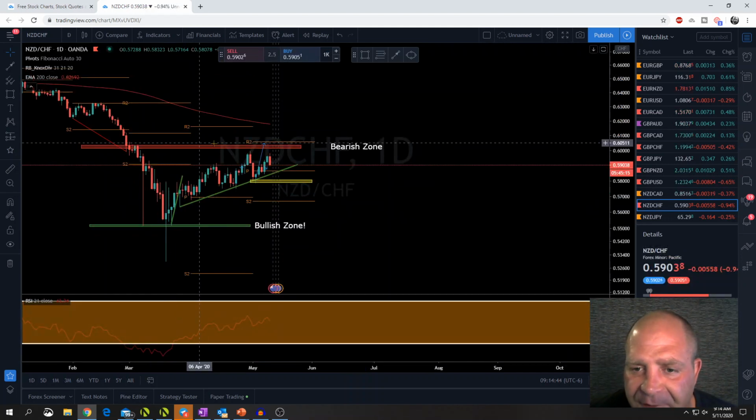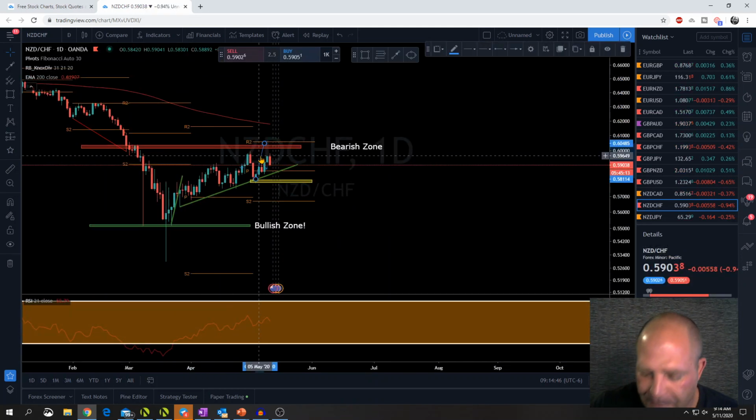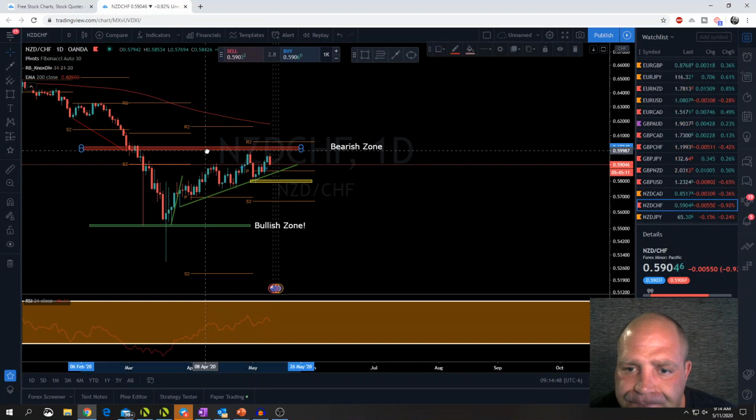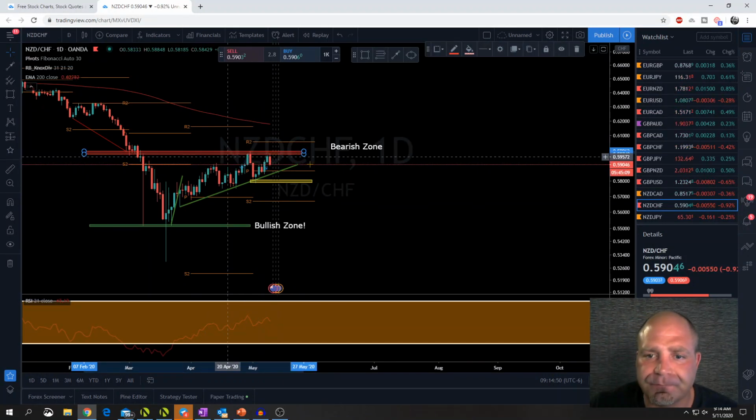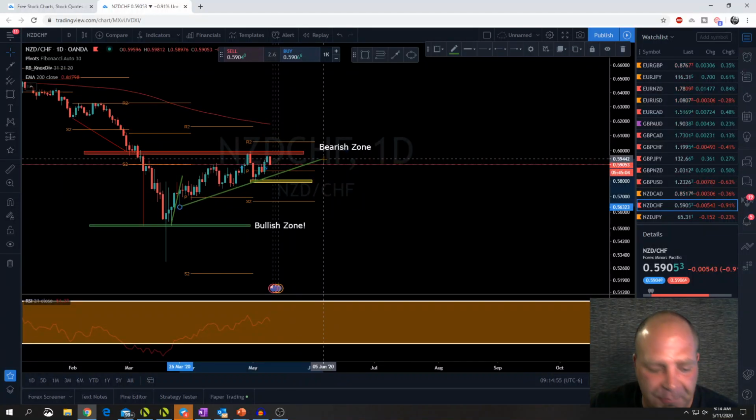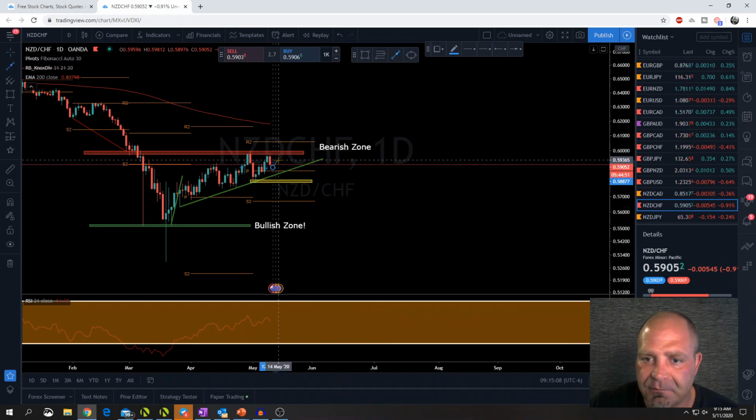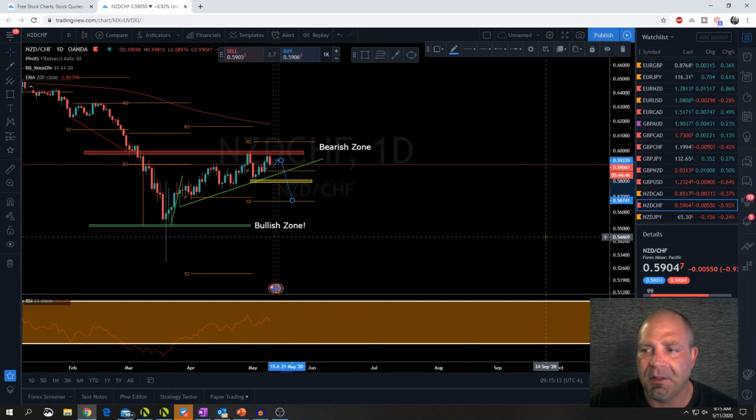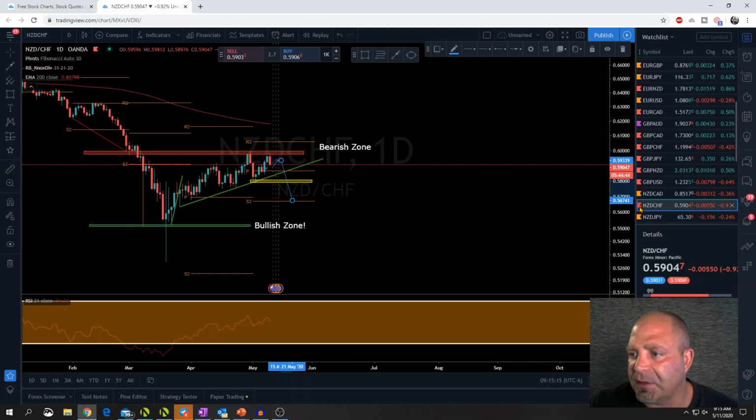NZD CHF. Double top, guys. Double top. Right there. And we have a trend line where if you want to be really safe, you could wait. But this candle's already broke that daily candle. I'd wait for a pullback of some sort on a smaller time frame. And then I like this pair for a long term